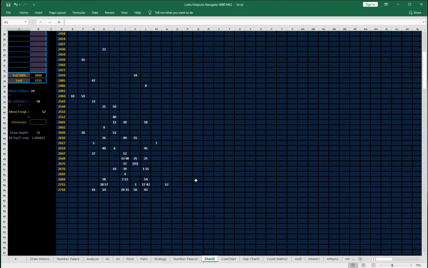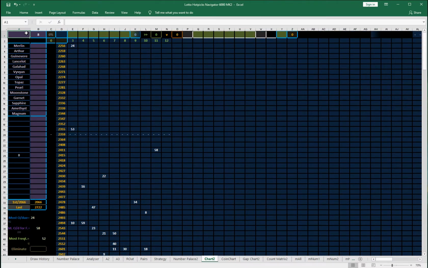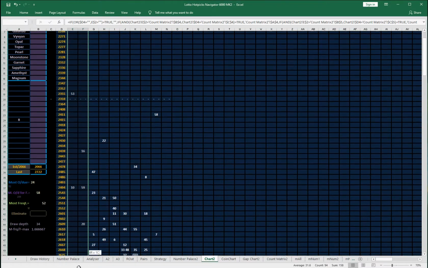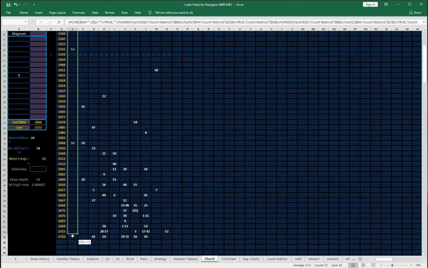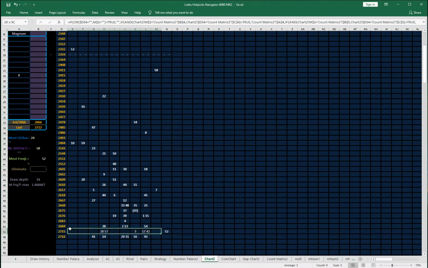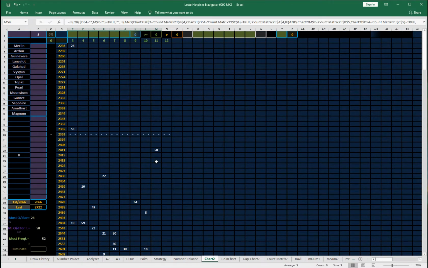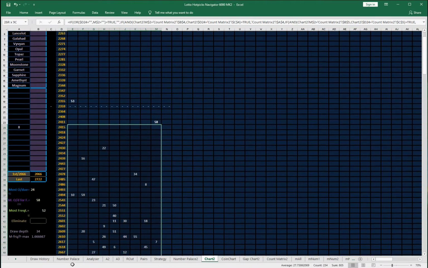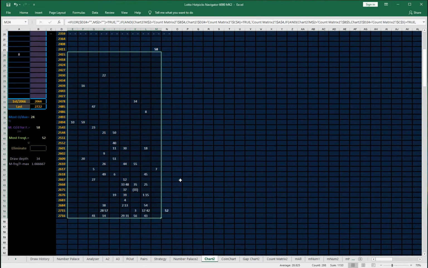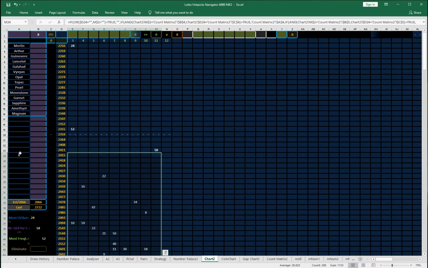There we go. There's the chart. And when we just look at that ball set, you can see 24 is most overdue. 52 is most frequent now, again. And 58, again, is most overdue for its frequency to occur